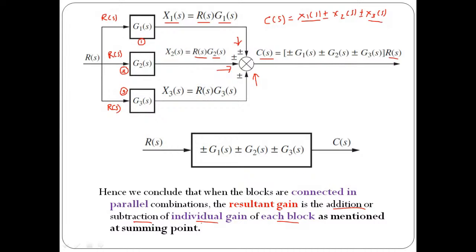I hope everyone is done with this. So finally we conclude that whenever the blocks are connected in parallel configuration, the resultant gain is going to be the addition or the subtraction of the individual block gain. That is very important, available at that summing point. If you have done with this, let us try to move and discuss rule number 3,